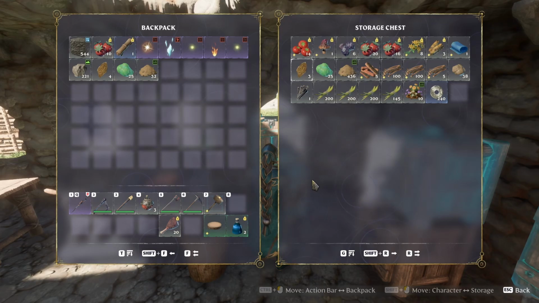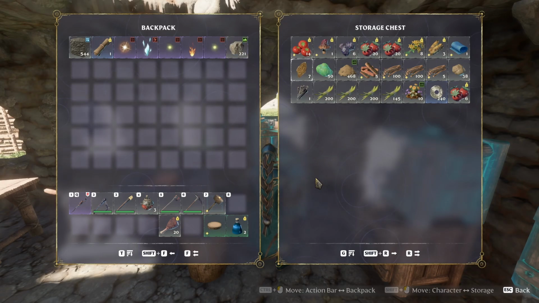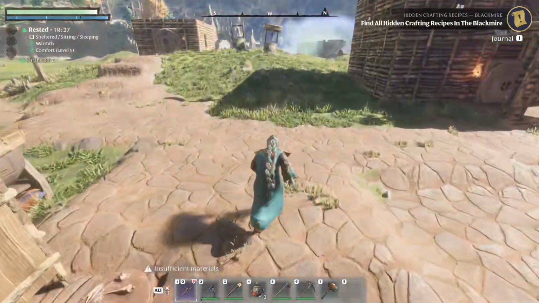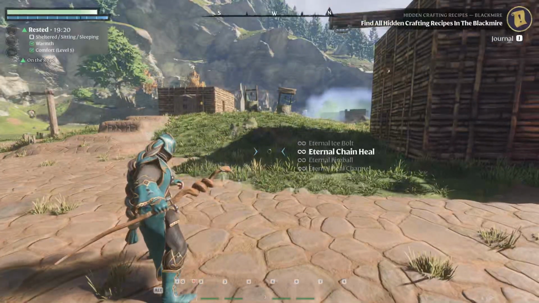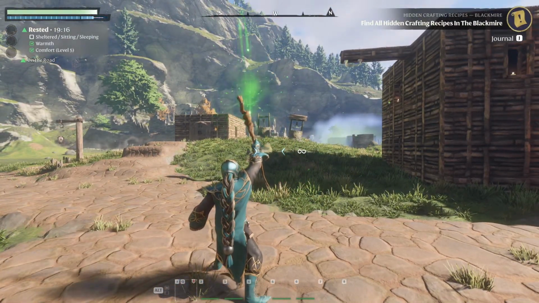Another really cool feature is a key combination, which I think mine's set to Alt-R. I can't remember if that's the default or not, but that's what mine's set to. If you hit Alt and R, everything will automatically shift over into the chest and fill in spots. So let's say I had 10 cloth already in the chest, and I had 2 more in my backpack. If I wanted to automatically stack those 2 cloth onto the 10 cloth, I just hit Alt R and it'll